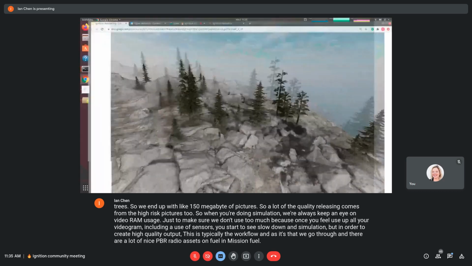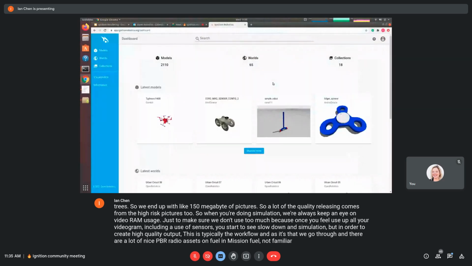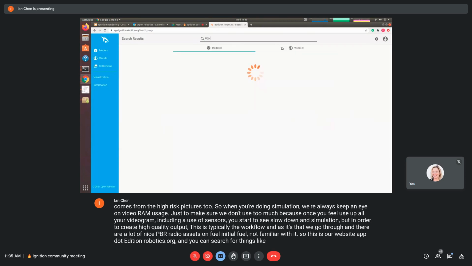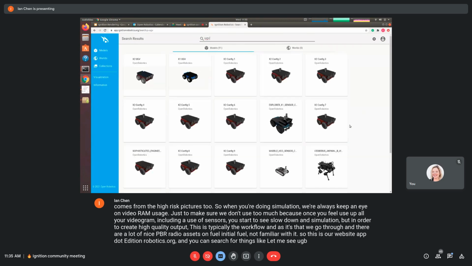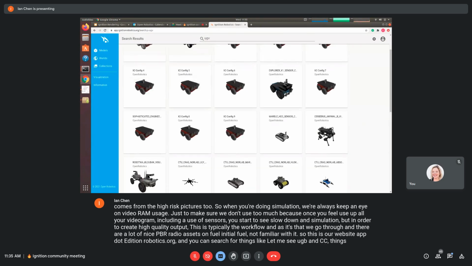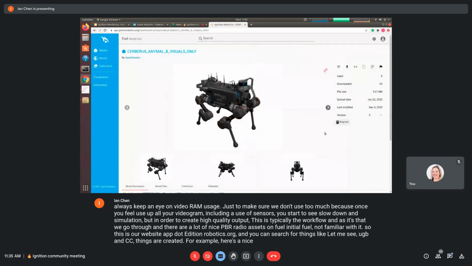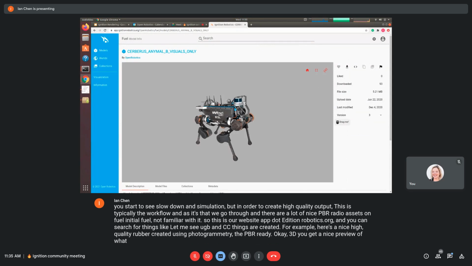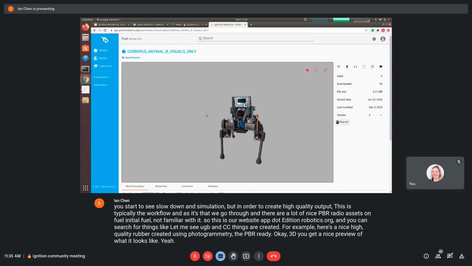If you're not familiar with it, this is our website, app.ignitionrobotics.org, and you can search for things like, let me see, UGV, and you can see things that are created. For example, here's a nice high quality robot created using photogrammetry with PBR ready. You click 3D, you get a nice preview of what it looks like. Very high quality content.